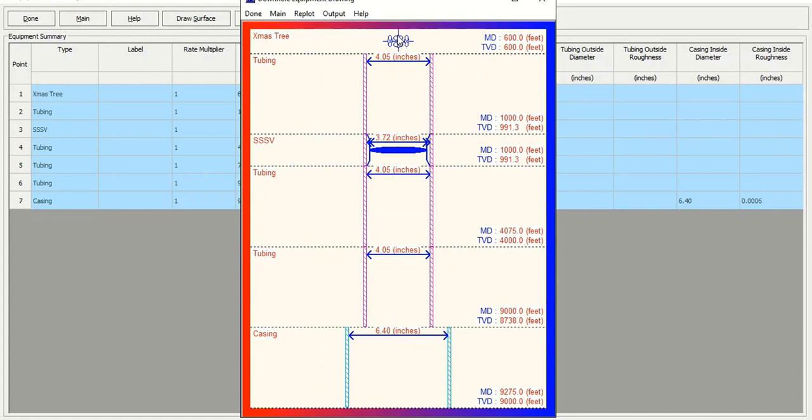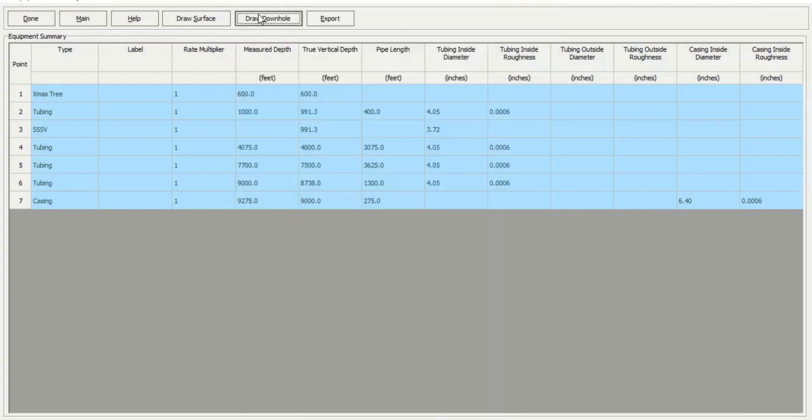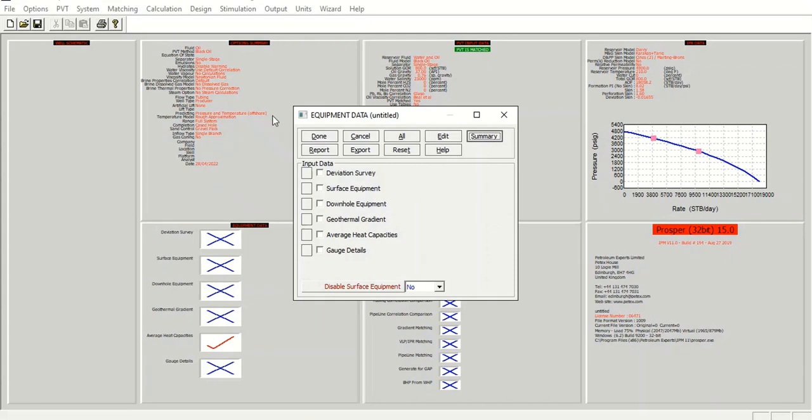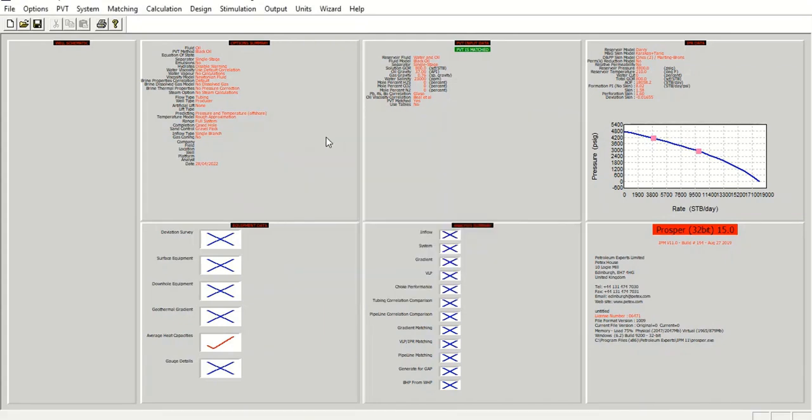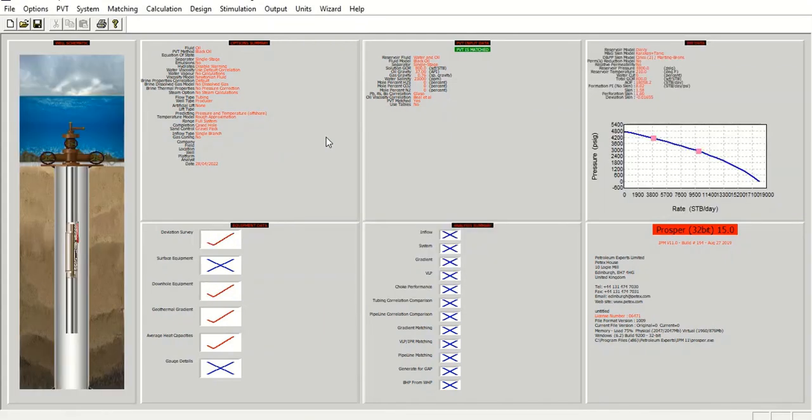So we have Christmas tree, and then tubing, subsurface safety valve, tubing again all the way down to 9000 feet, and then our casing. So click done, click done, click done. Just wait. Okay, so this is our well sketch. It's very easy. Now we just need to perform nodal analysis. Go to calculation, system IPR VLP,